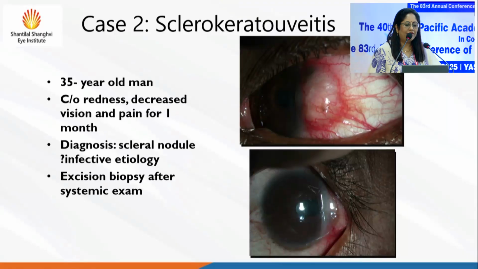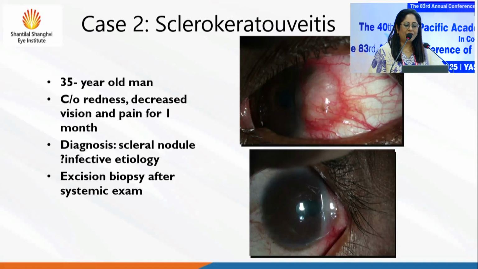The second case I have is slightly different: scleritis with uveitis, and even the cornea was involved. So this was a sclerokeratouveitis. The main focus is this nodule straddling the limbus, as well as going over to the cornea. In fact, the peripheral cornea had thinned out so much that there was a communication from the anterior chamber into this nodule, and the pupil, if you are able to see, is slightly peaked for that reason. So this obviously did not look at all like immune mediated. Look at the surrounding tissue, it doesn't even look that angry. So for us, the top diagnosis was infection.